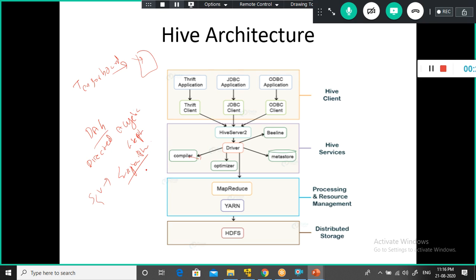So how many mappers should be created, and where the mapper should get executed. When it sends the request to the Metastore, it not only gets the table name and column name, it also gets the blocks related to the table where it got stored in the Hadoop database. That also it gets, and then it constructs the map reduce operator tree here. So the compiler, after generating the execution plan, sends the execution plan back to the driver.